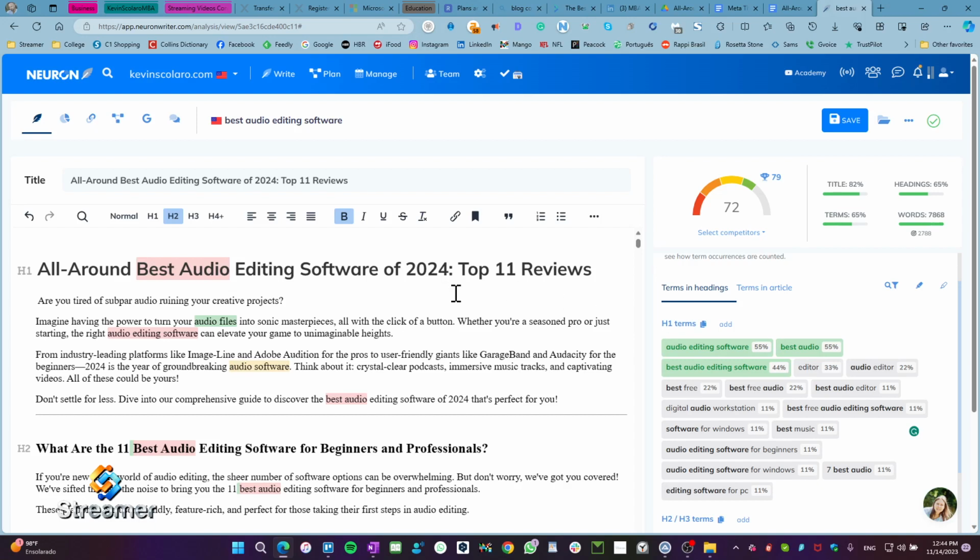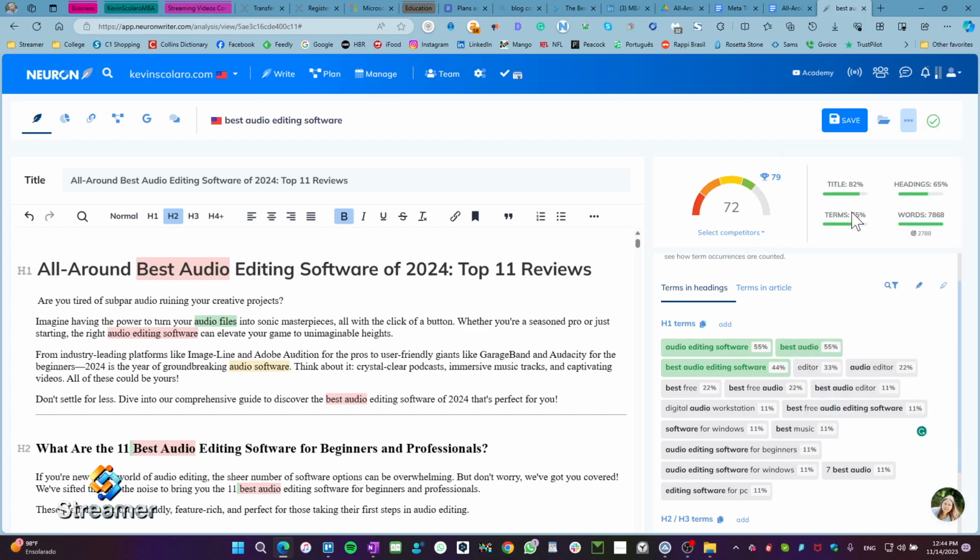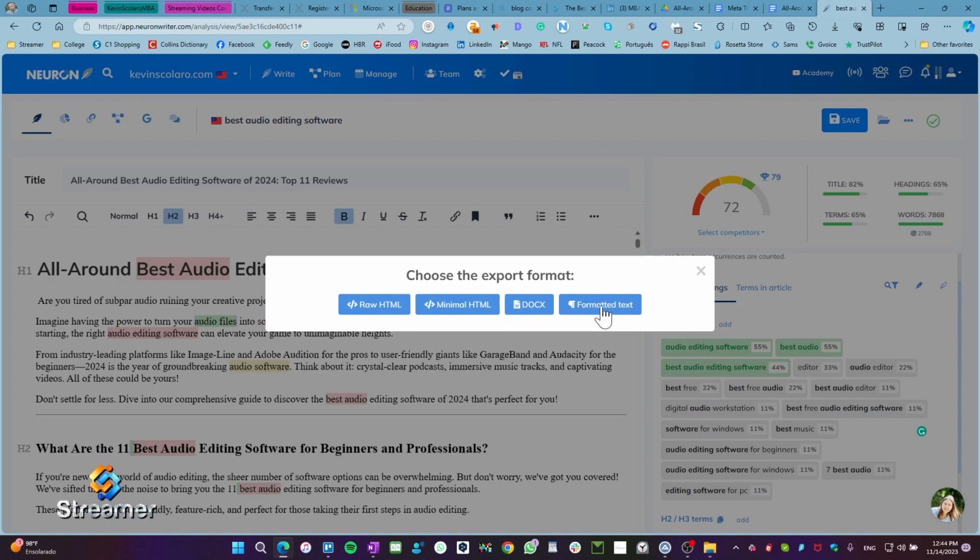So if we start writing the article in NeuronWriter and then we export formatted text here and choose the formatted text option here, or the DOCX. I've found that the formatted text seems to work a little bit better. So I'll copy that. It just copies it to your clipboard. As long as you have enough memory in your computer, it should work fine for large articles. If not, you use the DOCX instead, and then you can convert it to a Google Doc